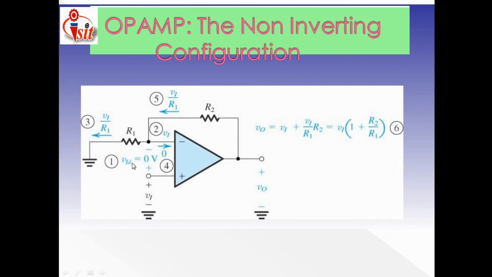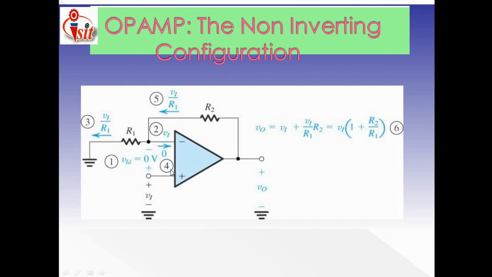First, there is a differential input voltage applied to the positive terminal as well as the negative terminal. It will be taken as 0. Then whatever the voltage supplied towards the negative terminal and positive terminal of the op-amp, just see it here as 0. For that purpose, the outgoing current here is V1 divided by R1, and the incoming current is equal to V1.